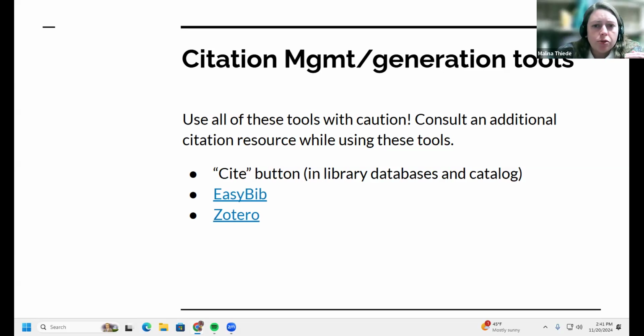That will enable you to, first of all, quickly locate the resource again. And second of all, you'll have that citation already when you're getting toward the end of your paper. You're not going to have to do as much work to put together the citation when you're at a later phase in your research.